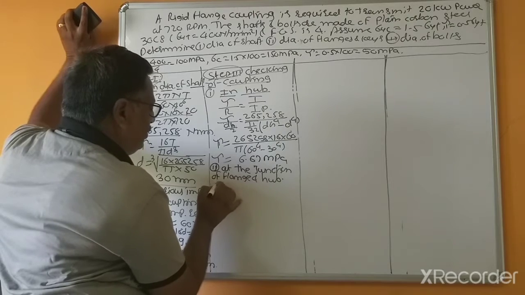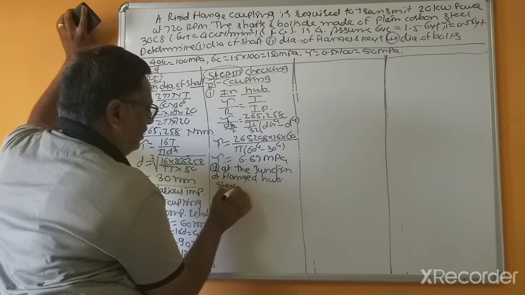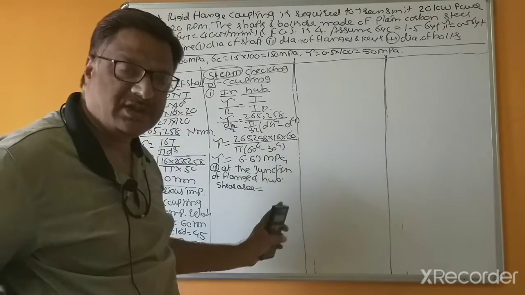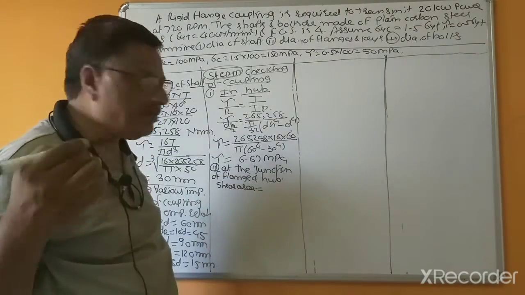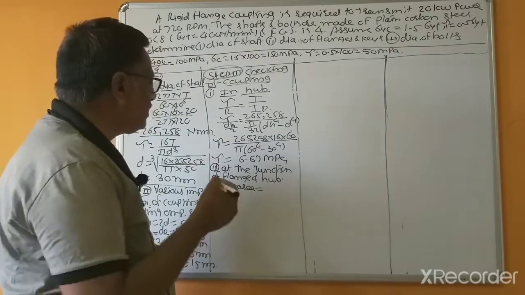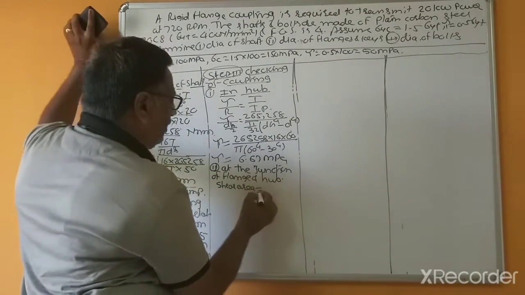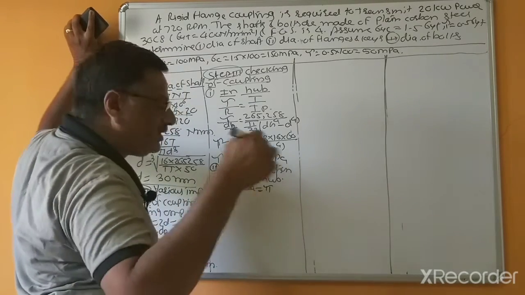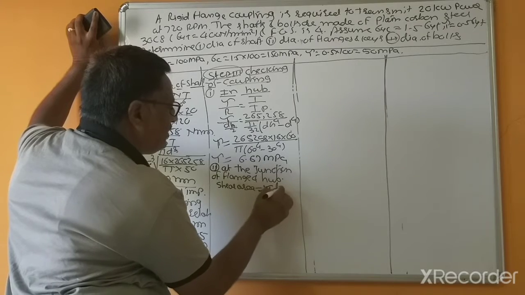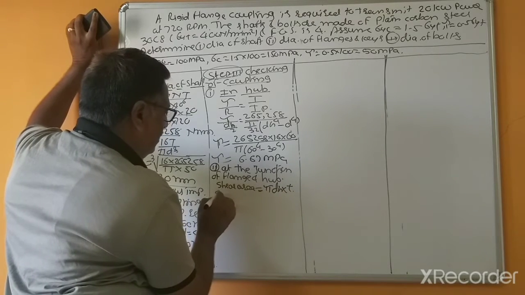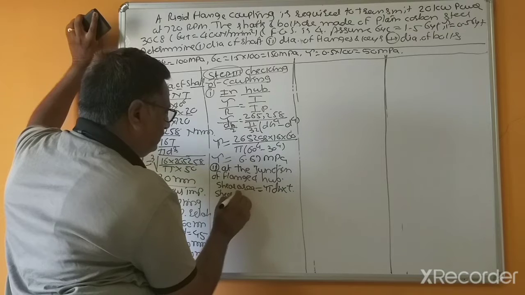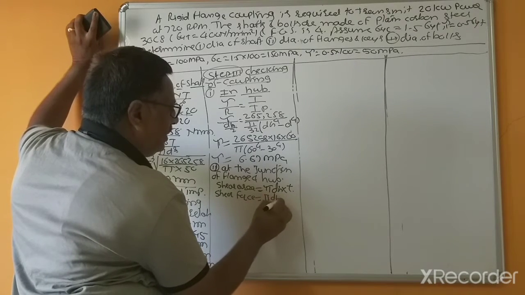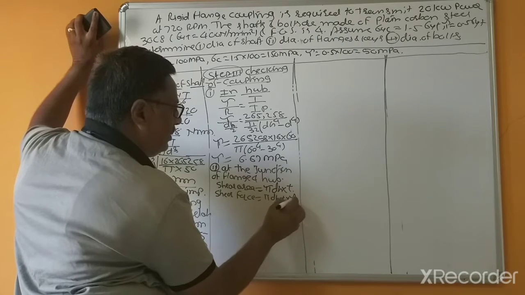Here, shear area equal to, I am using basic because I do not remember the formulas, so that's why I use basic shear area equal to circumference pi d h at the junctions multiplied by T, shear force equal to pi d h T multiplied by tau,